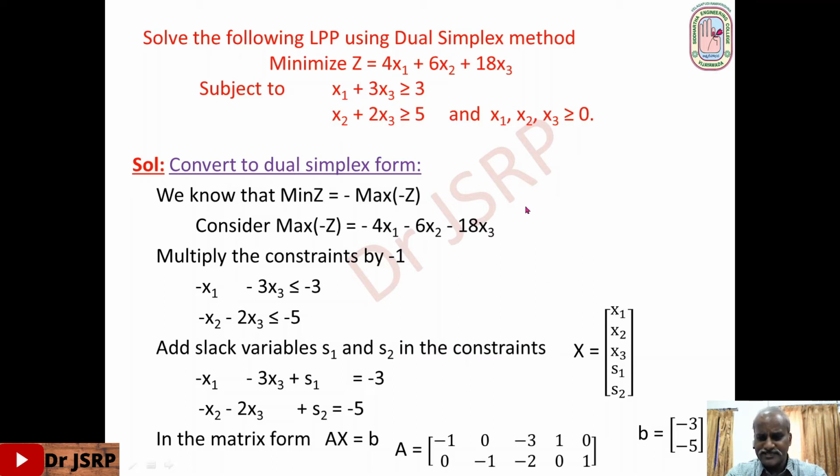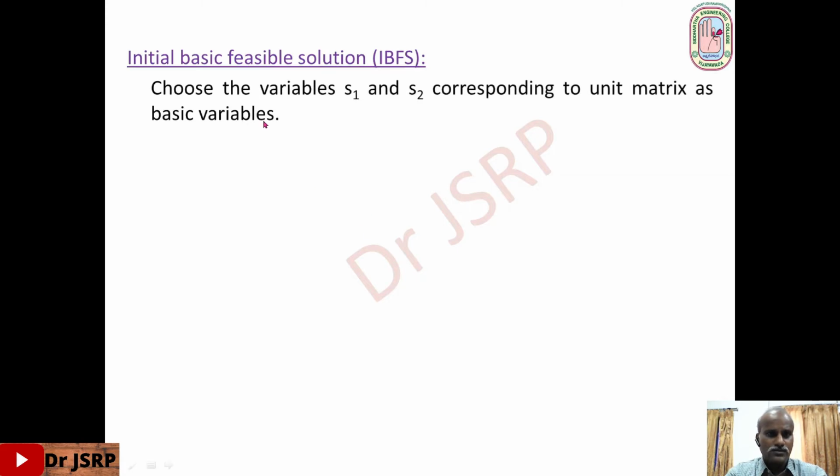Okay, right. We can find initial basic solution by choosing the variables corresponding to unit matrix as basic variables, that is S1, S2. Initial basic solution not feasible. Okay, so choose the variables S1, S2 corresponding to unit matrix as basic variables. Then initial basic solution not feasible. XB equal B inverse b as usual in regular simplex method, capital Xj and delta j values. Okay, so we write all these values in tabular form.